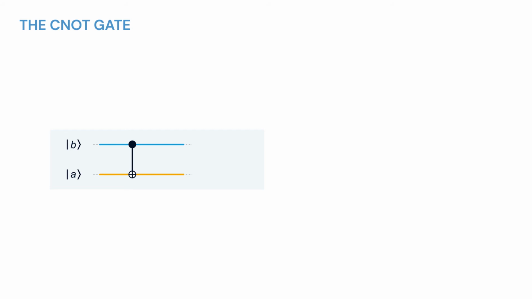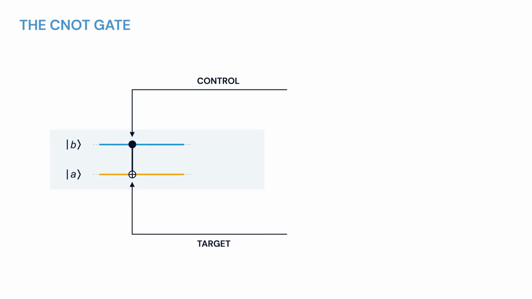Consider, for instance, the following gate. In order to define its action, it is sufficient to give the action of the gate on all the elements of a basis. Here, we can see the recipe for a gate that flips the bottom qubit only if the top qubit is in state 1. We call this gate a C-node, which stands for control node, where the top qubit controls whether we flip the bottom qubit, which is called the target qubit. For analogous reasons, this gate is also sometimes called a control X gate.